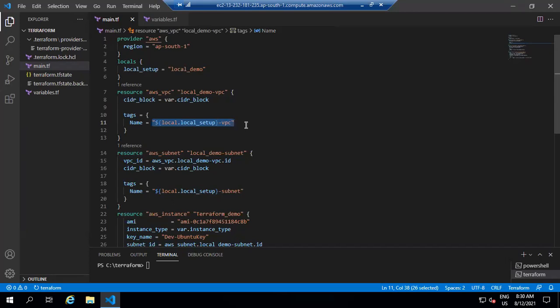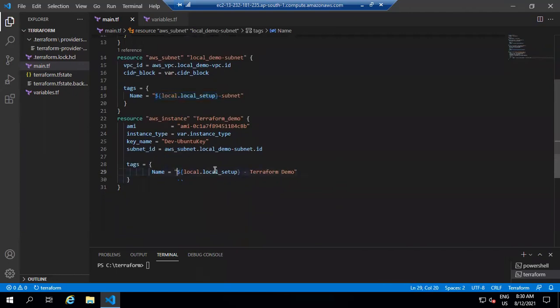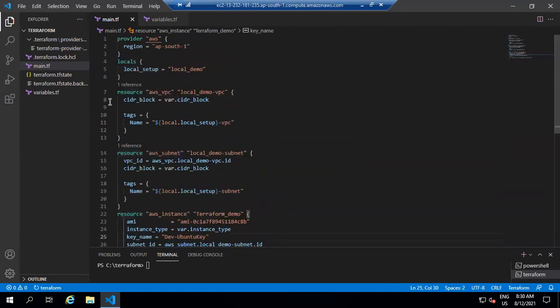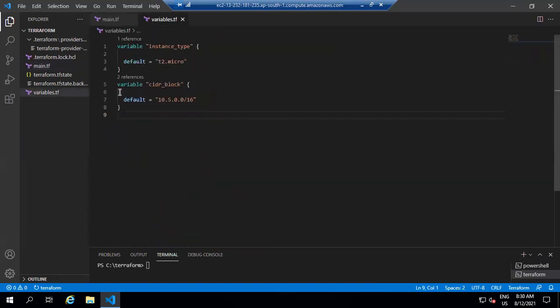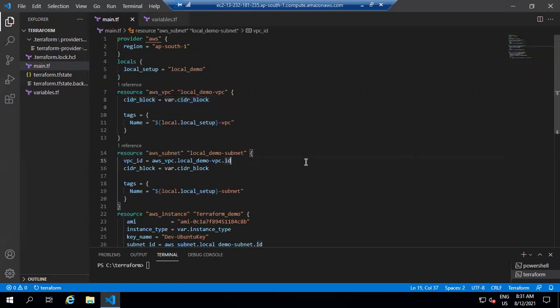The same tag name here for subnet and here for instance. Then here I am defining CIDR block, which I have declared as variable in variable.tf.